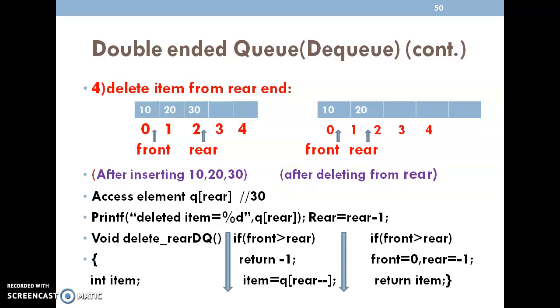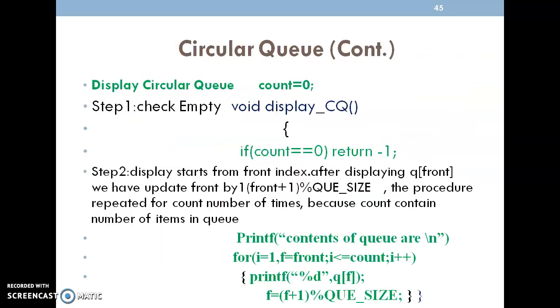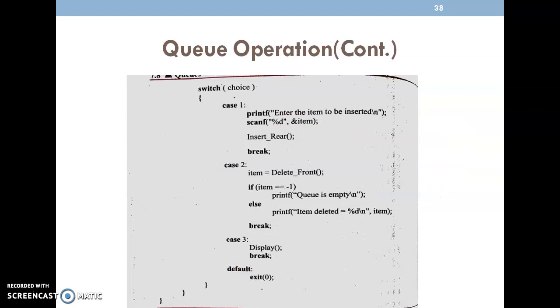Like in the ordinary queue, we call all three functions in main by using a switch statement. The circular queue and double-ended queue follow the same steps. In the switch for the double-ended queue, case 1 is for inserting the element from the rear end, case 2 for inserting the element from the front end. Similarly, the third, fourth, and fifth options will be called in the main function using the switch statement, case 1 up to case 5. I'm not writing the code again because it follows the same concept we applied for the ordinary queue. Only the cases increase.